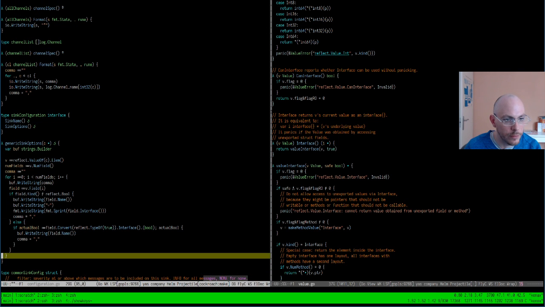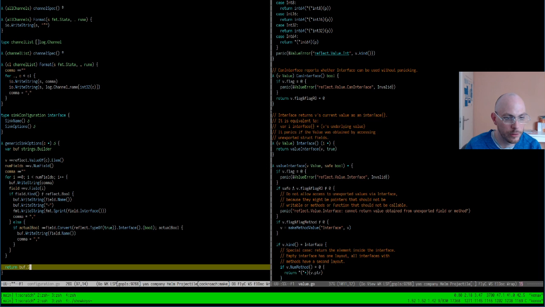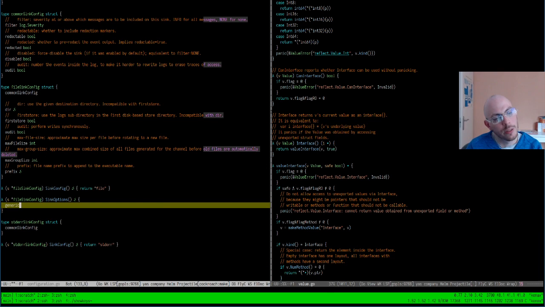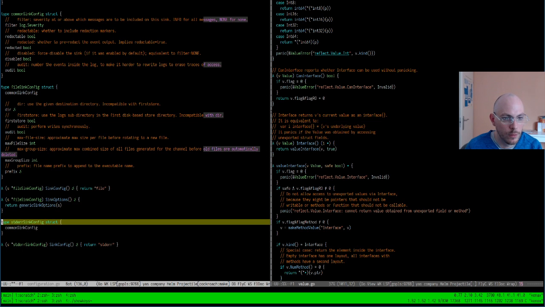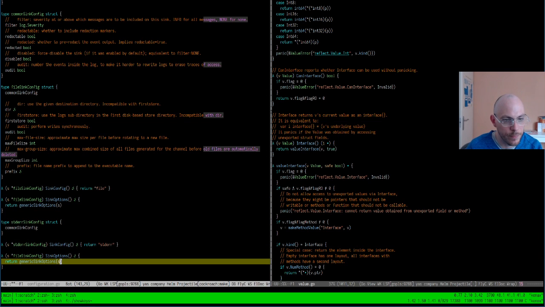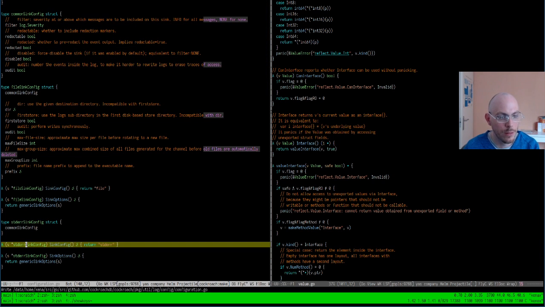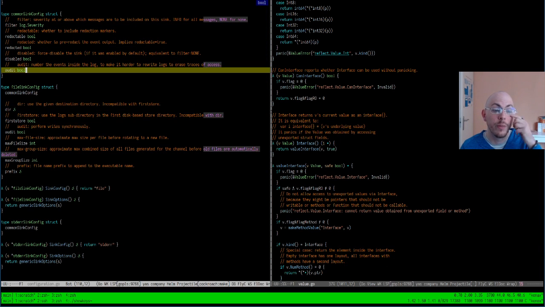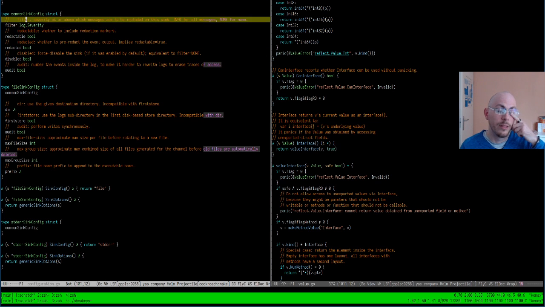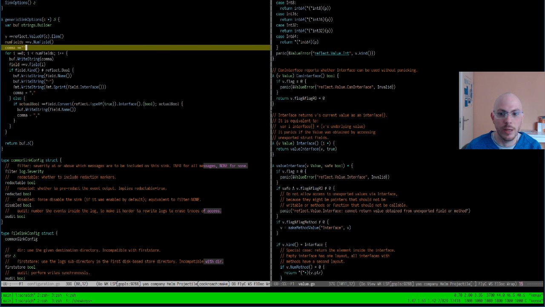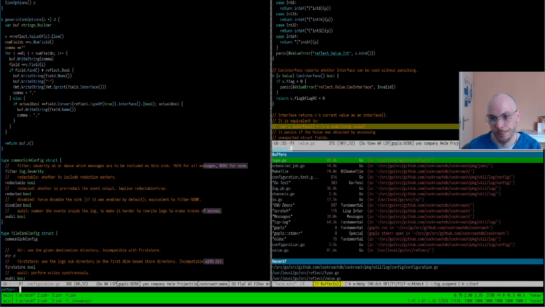Yeah, so sorry, this is a function returning string. And now I can use that. Generic sync options of this. And then the other one, same. Ta-da! This way I can add more fields into my struct, and they will be automatically handled by this reflect magic we have here. It is time to test again.